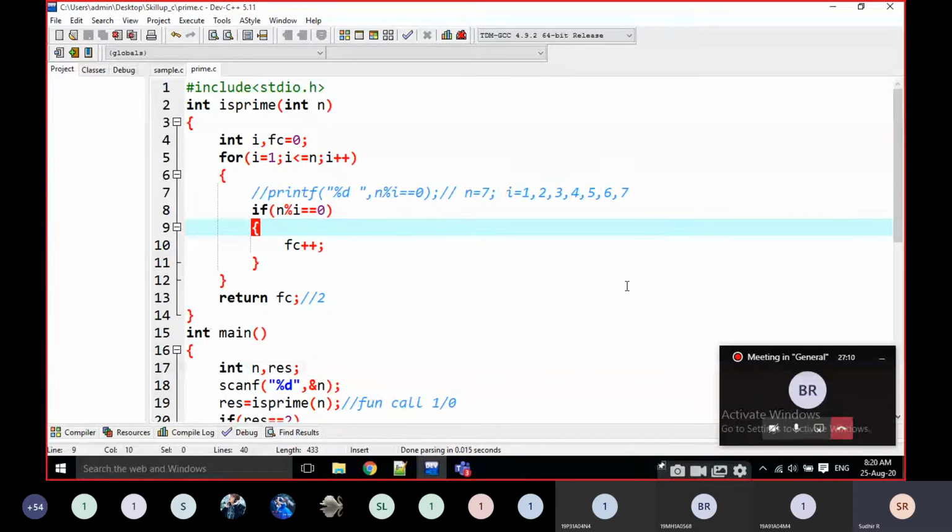I am going to modify this program again. Every number is exactly divisible by 1, right? We have no doubt about that, so we don't have to check 1. Every number is also divisible by itself, but there is no need to check with that number either. If any other number is divisible, then it is not prime. For example, if you are looking at 7, just check with 2, 3, 4, 5, 6. The 7 is not divisible by other numbers, only 1 and itself, right?